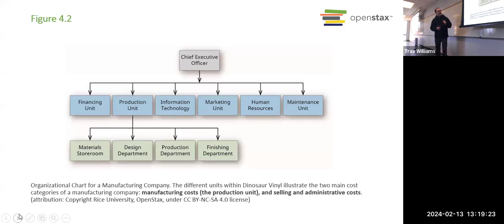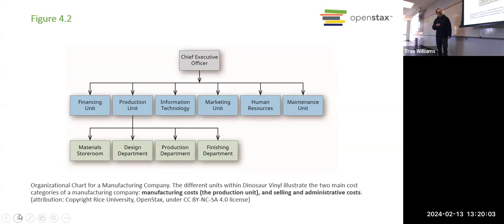This slide just shows how production fits into the whole grand scheme of things. So we see in a typical corporation, you've got a CEO at the top, they're over everything. And then you have multiple different functional areas of the business. One of those areas is production, where they actually make the products, if it's a manufacturing company. And in production, they have to receive and store whatever materials they're going to use to make the products. They have to design the products.